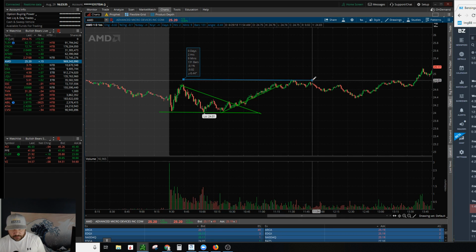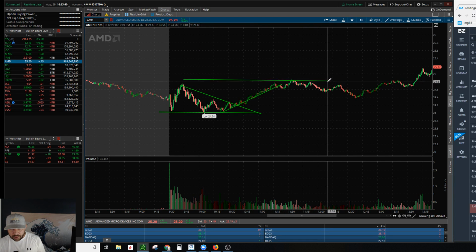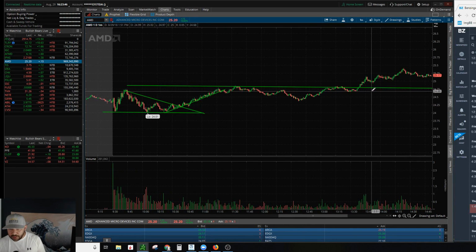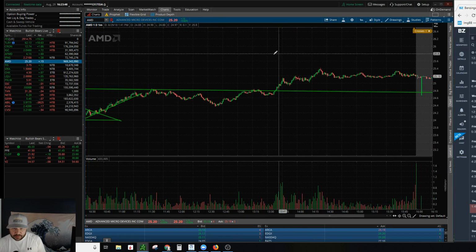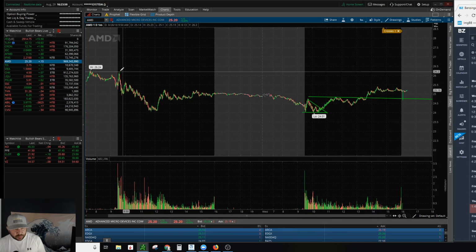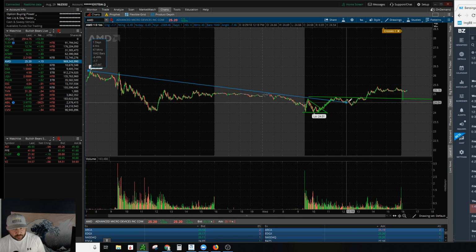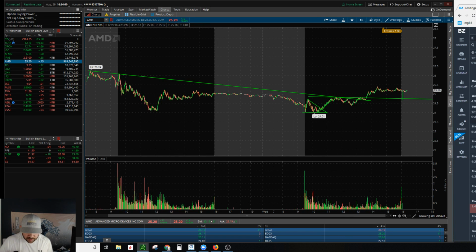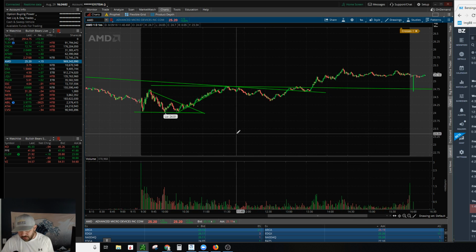24.75. So we had our trend line up here. We were expecting it to have a little bit of trouble right here, and it did. It bounced off of it a couple of times and then got above it. Unfortunately, I had to delete most of my other trend lines, but it might have been this line that I had drawn on there. I believe it was. So just to give you an idea, AMD, great tight bid ask, lots of volume, heavily